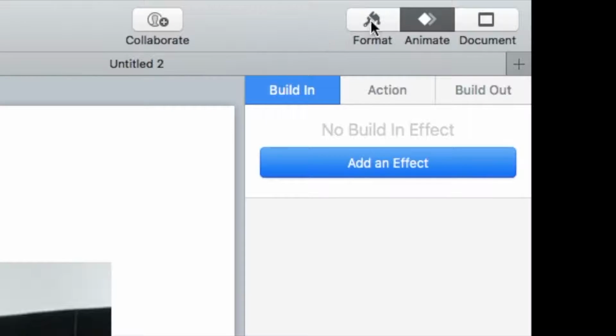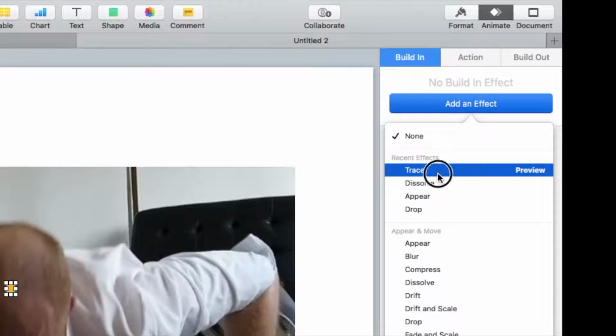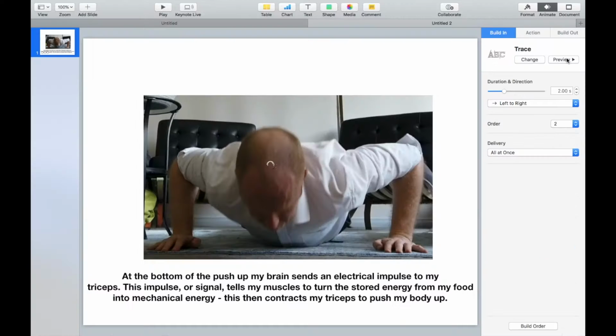So select your shape, animate, build in, add effect. Let's keep it simple. Go down to trace, and the default is 2 seconds, so we can leave it. That's it. Do a quick preview, see if you're happy with it, which I am. And then go down to build order,